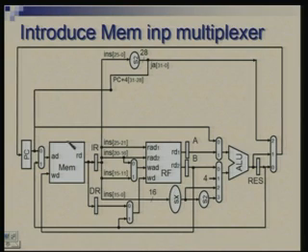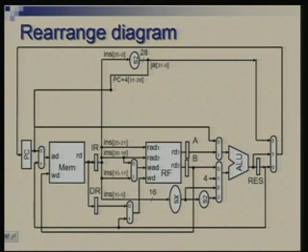So, the main sources of delay are these three components: memory, register file and ALU, and if these three are roughly balanced, then this will work very nicely. Okay, so that is the complete design. We will look at the control part in the next lecture. I will just rearrange this diagram to redraw it a little neater.